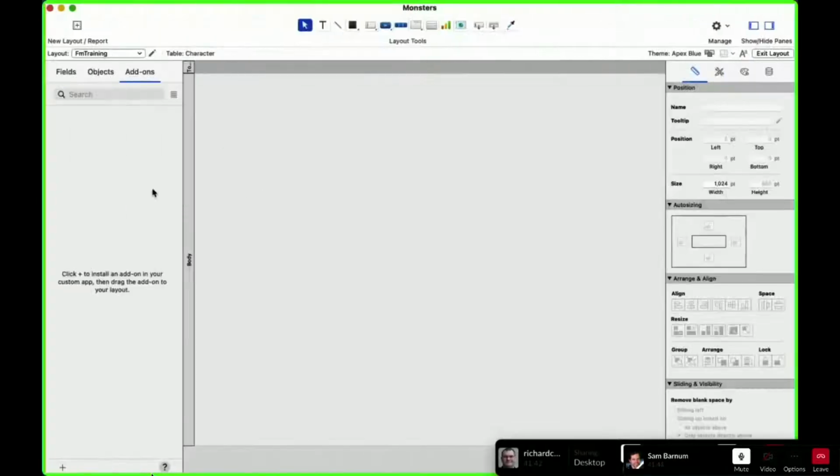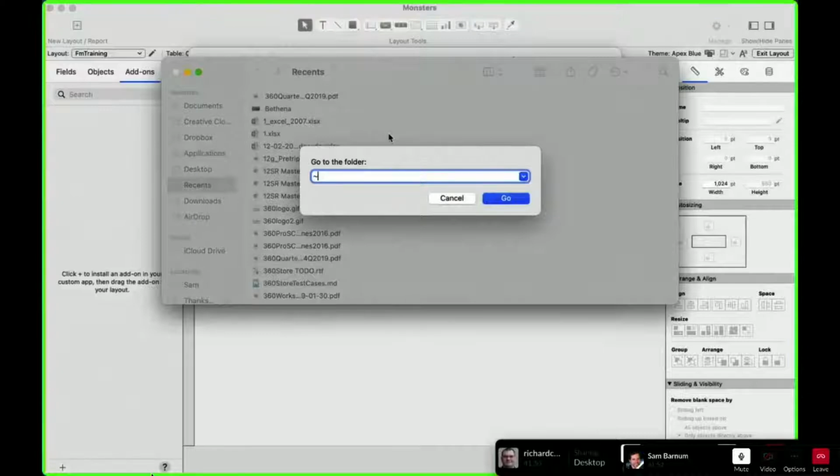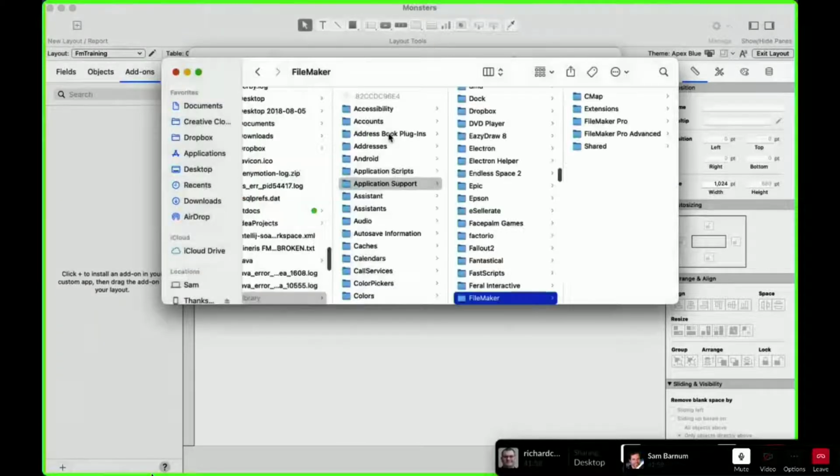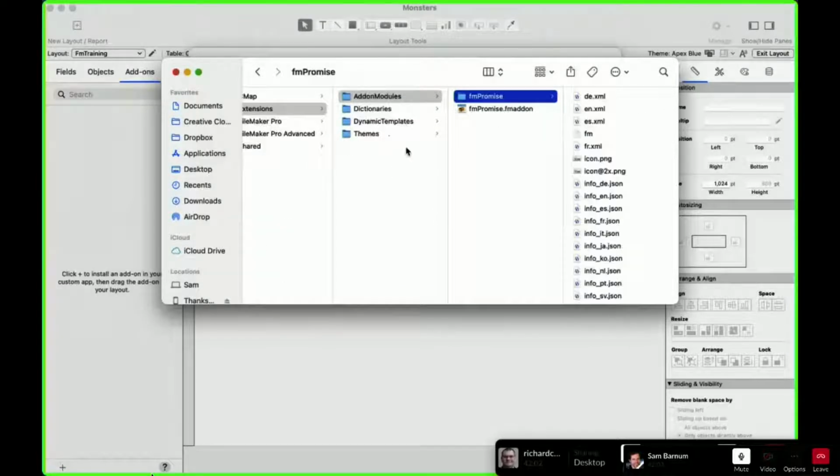And I'm going to add fmPromise to this. For anyone who hasn't used an add-on, the trick really is you download it and then you put it in your add-on modules, fmPromise.